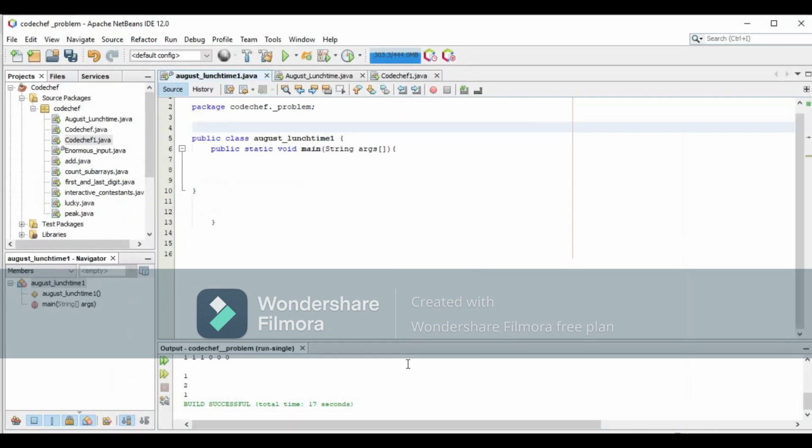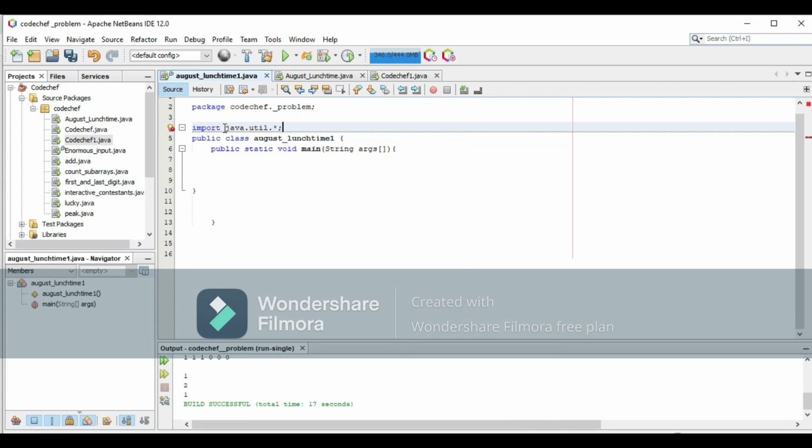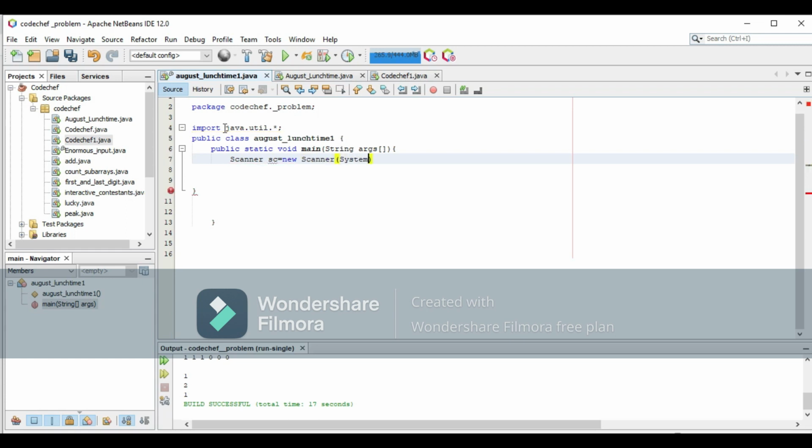So let's move on to the code. I am using NetBeans, so let me import our file first. Import java.util. Main function is there. So at first we have to take a scanner class. Scanner sc is equal to new Scanner System.in.